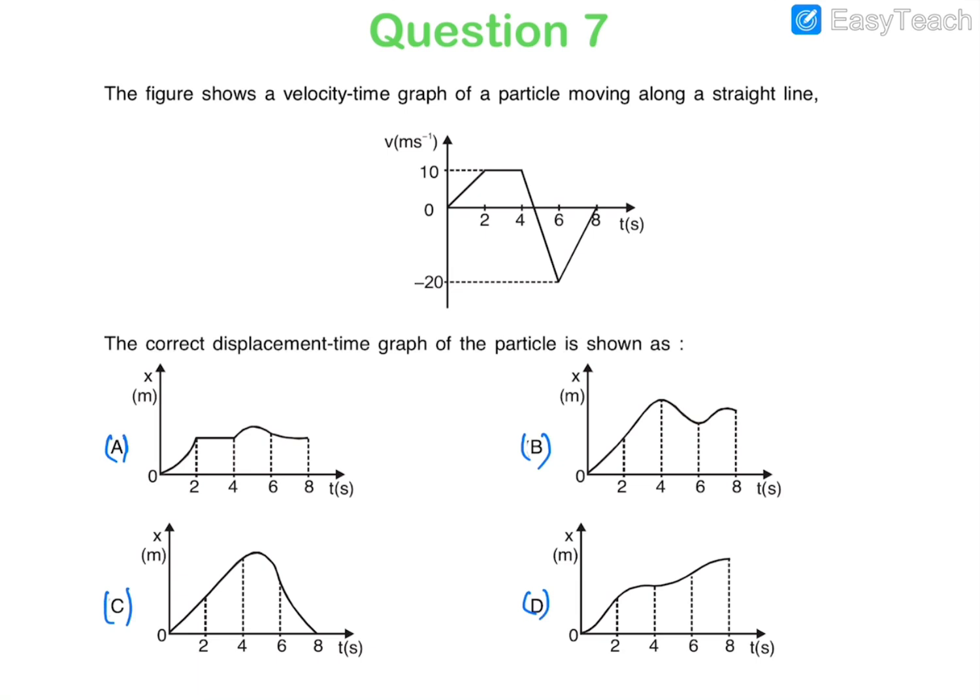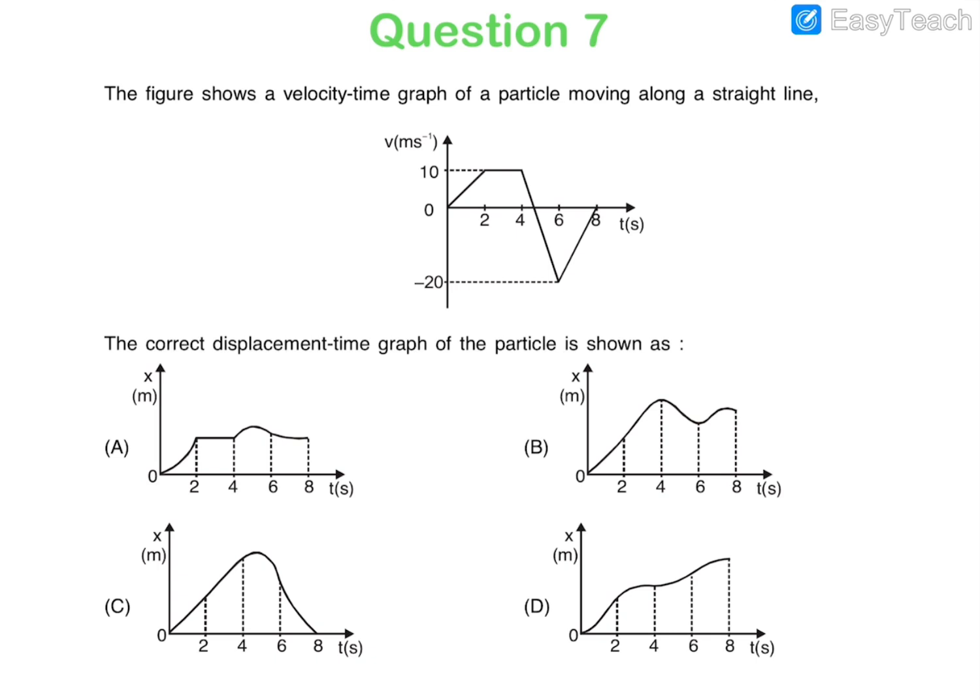In this question you can see that there is a velocity time graph of the particle shown like that. We have to find out the correct displacement time graph. This is quite simple question. We know that when velocity time graph is a straight line, then the displacement time graph is a parabola, and if this straight line is going up, then that parabola would be opening to up. And from 2 to 4, so obviously from 0 to 2, the ST graph would be a parabola opening in the upward direction. Okay, now from 2 to 4,